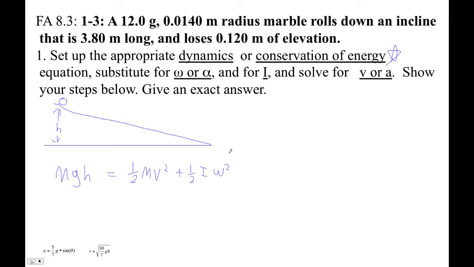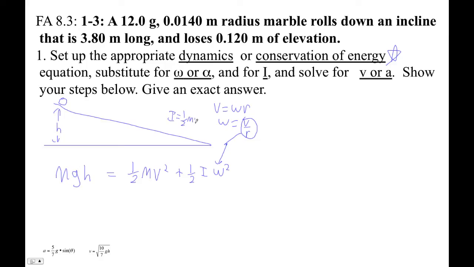Right? And then we always make these substitutions. Okay, we always substitute for this guy. We're using this relationship: v is omega r. So therefore omega is v over r. So we're going to substitute that in for this guy. And then I, because it's a marble, right, we're going to substitute I is